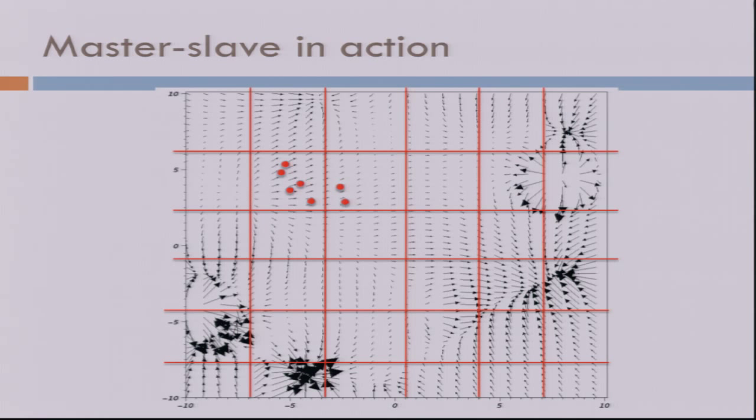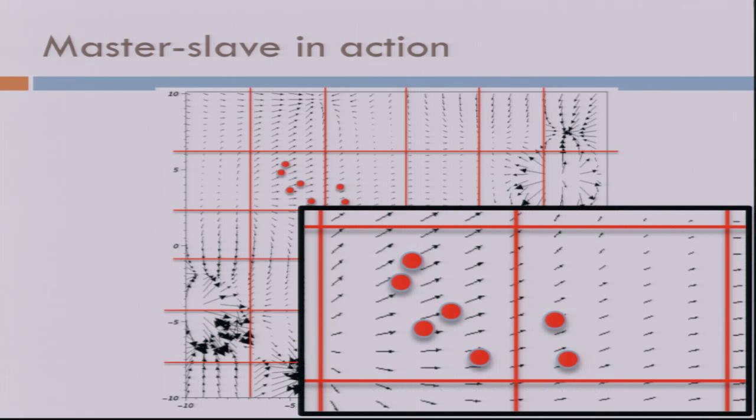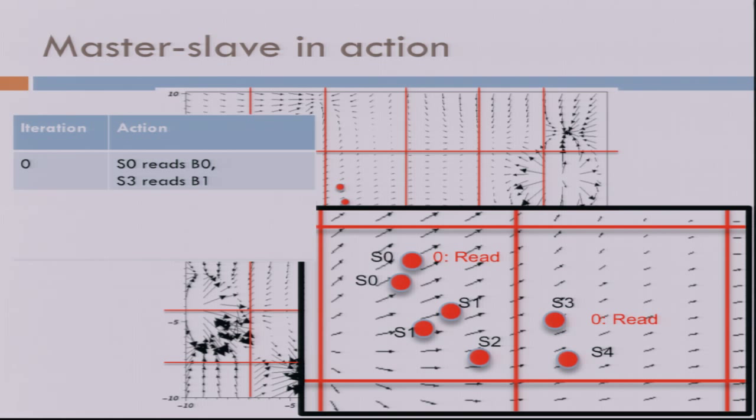So what does this look like in action? Here's this case where we have particles grouped together in one small portion of the mesh. There's a blow up of it. The master might decide that it's going to have this slave be responsible for these particles: slave 0, slave 1, slave 2, and so on. And this is actually the key to the algorithm. When it starts going, it might tell some of these slaves to hold back and wait and see what happens. So it might tell slave 0 to read this block and to start advecting, slave 3 to read its block